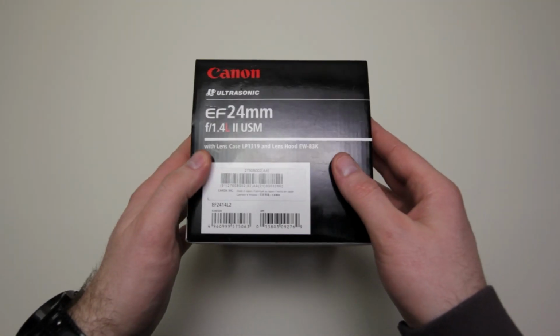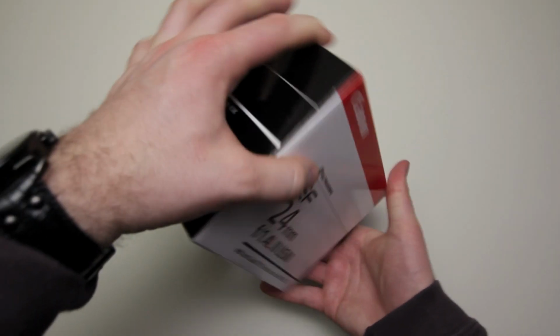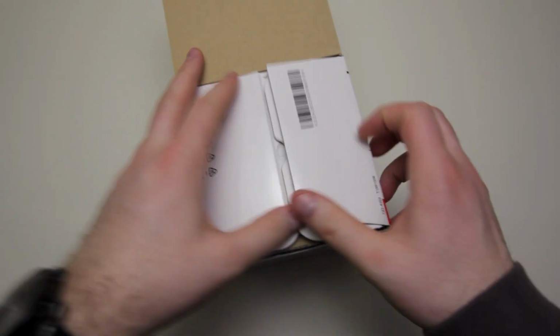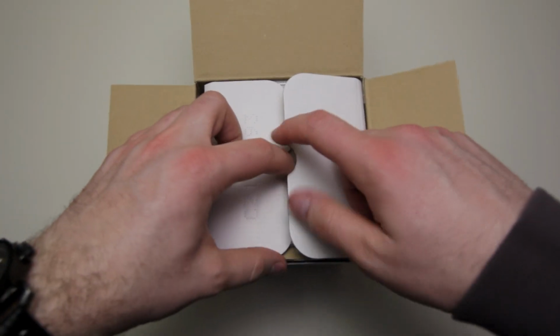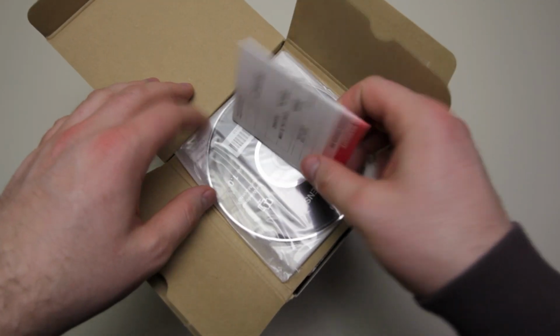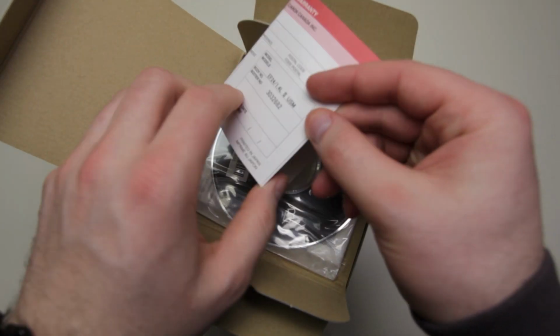Today we've got the Canon EF 24mm f1.4L lens. This is a full frame lens, and for anyone familiar with Canon, you'll realize that the L designation refers to Canon's top-of-the-range lens products. The first thing that greets us when we enter the box is our warranty card, and